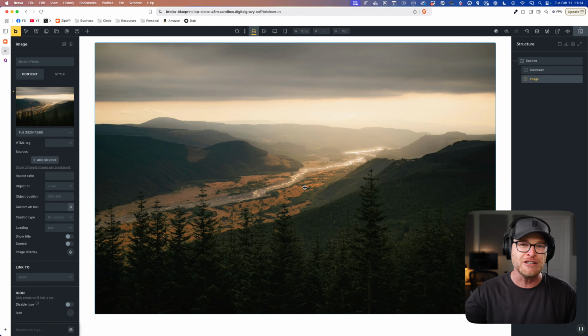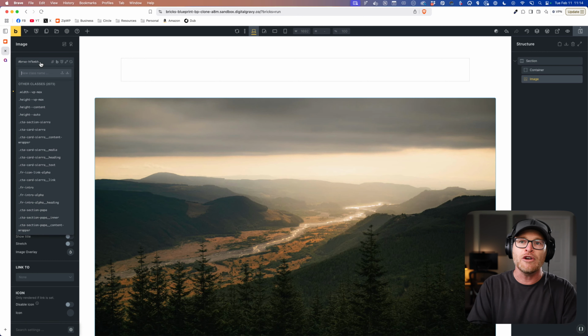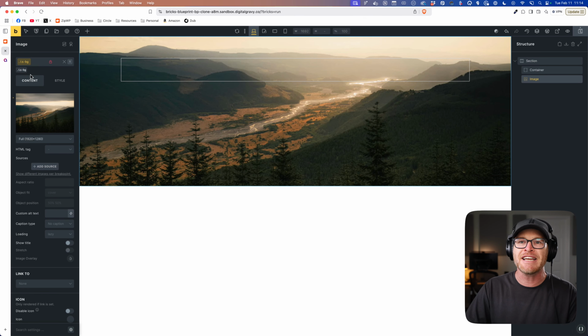If I just want to create a vibe here, like it's just purely decorative, then I can just put it as a CSS background image, be done with it, whatever. But if you want it to be indexed, if you want it to have an alt tag, if you want it to be read by screen readers, if you want to lazy load it, there's a lot of different reasons why you might use a real image instead of a background image. The problem is there's no way to make this the background image of this section unless you know a bunch of fancy CSS, right? Or you can just come in here now and you could just say isBG.